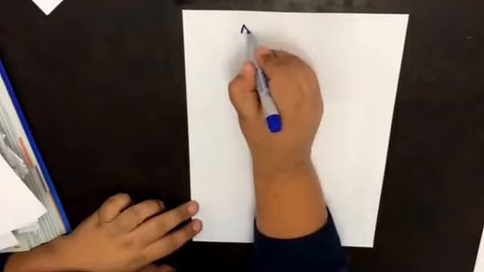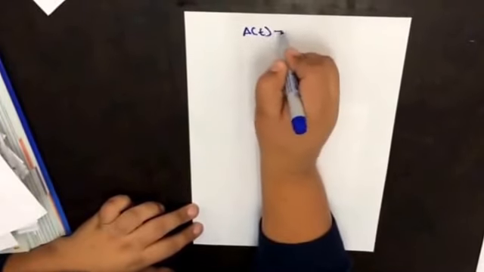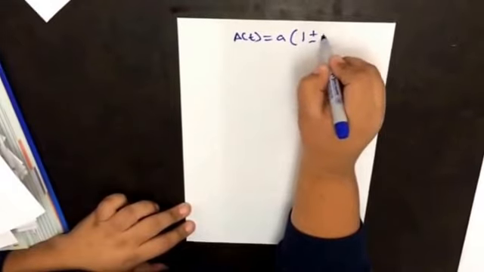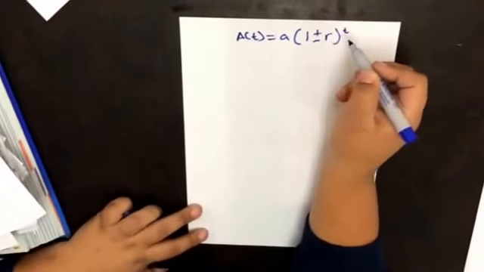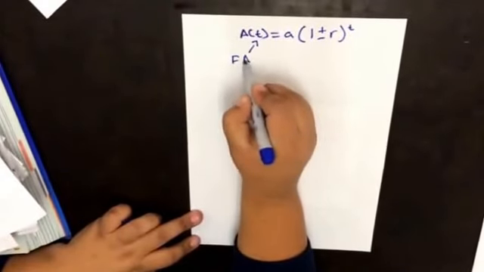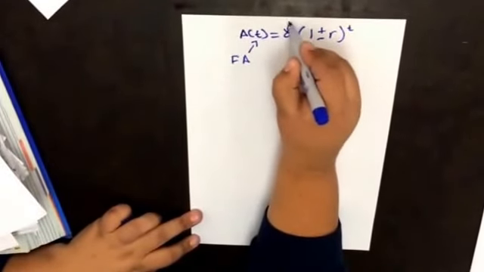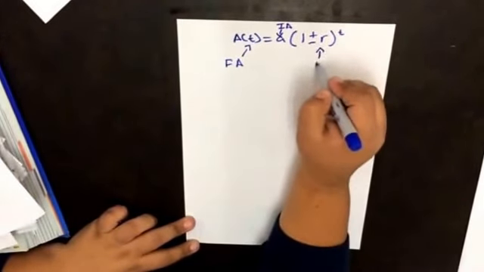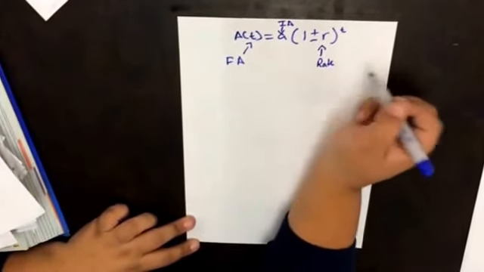Okay. So we can model growth or decay by a constant percent increase or decrease with the following function. A of t equals a times 1 plus or minus r to the t. Your A of t is going to be your final amount. Your a is going to be your initial amount. And your r is your rate, and is written as a decimal,